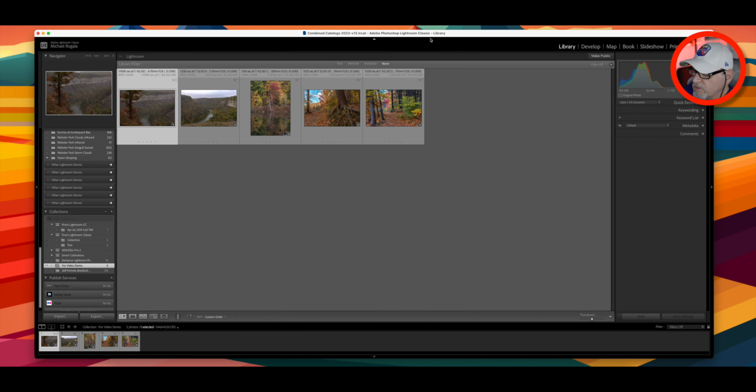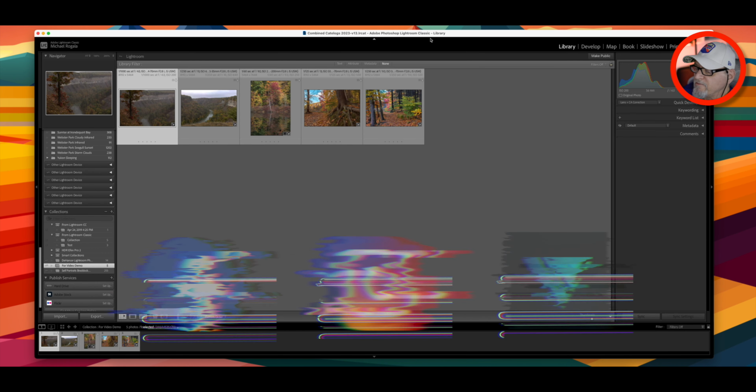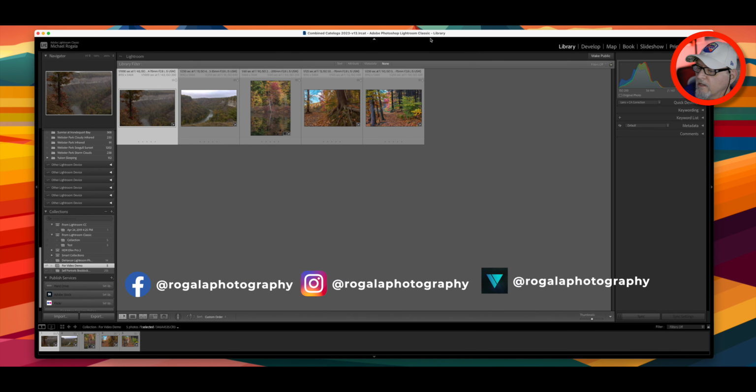Today we are going to really improve your autumn photos. I have 5 ultimate tips that'll help make your autumn photos pop. Let's get to it. All right, so we have 5 tips that are going to really help you improve your